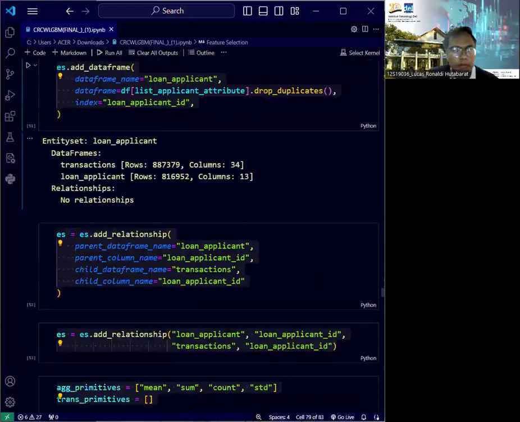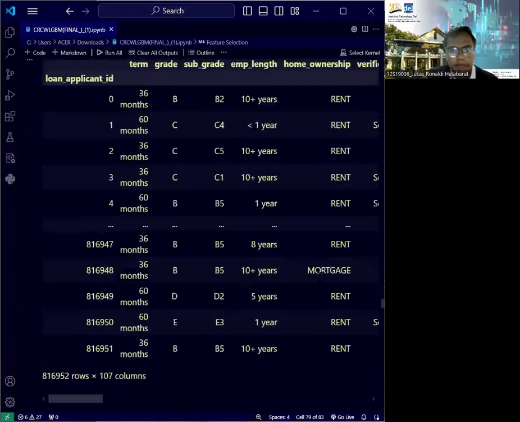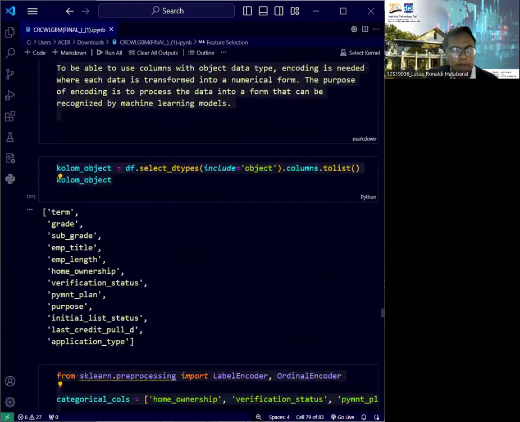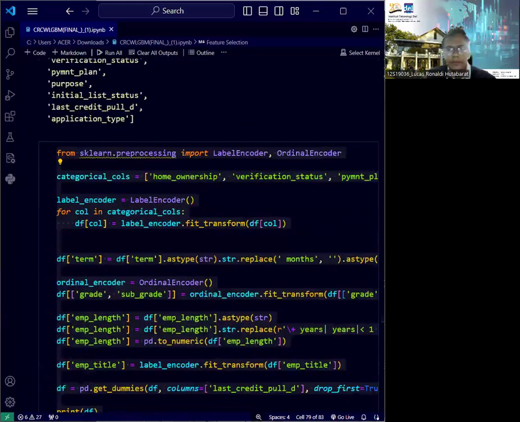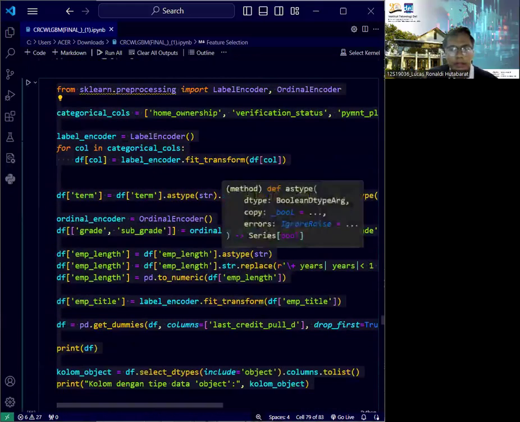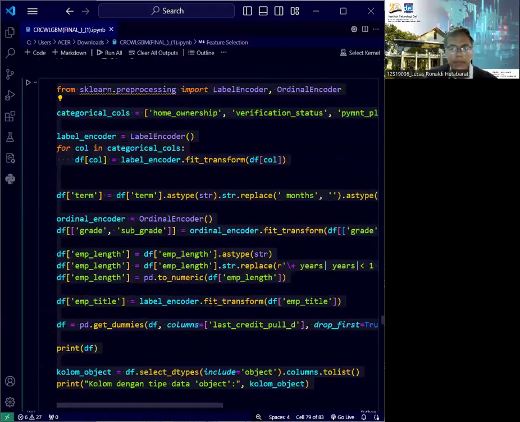Okay, this is the code. Here we encode categorical columns to numerical values using label encoder, ordinal encoder, and one-hot encoding as necessary.